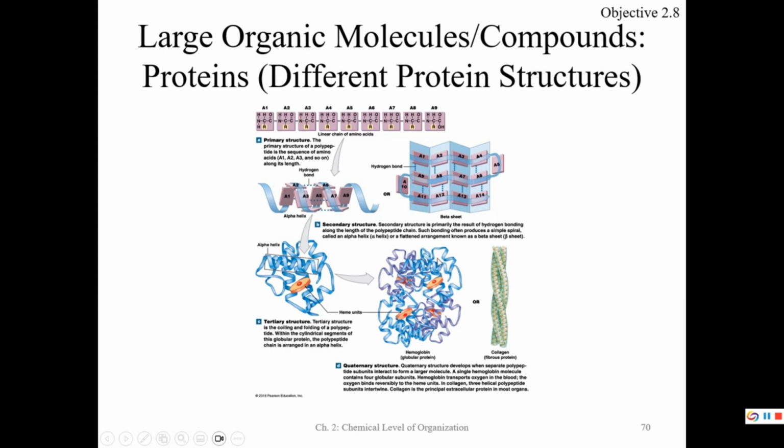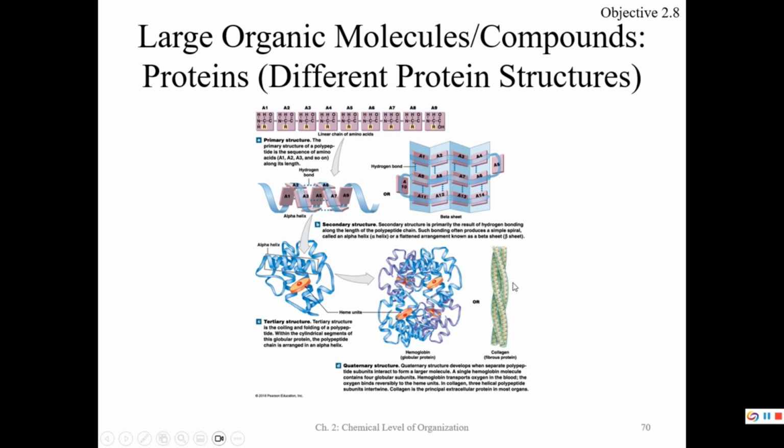Now, if I look at this hemoglobin protein, it has 1, 2, 3, 4 individual polypeptides. This makes it quaternary. I look at it and see it's made up of tertiary subunits, globular pieces, so it has tertiary structure. I see an alpha helix, so it has secondary structure, and it has to have primary